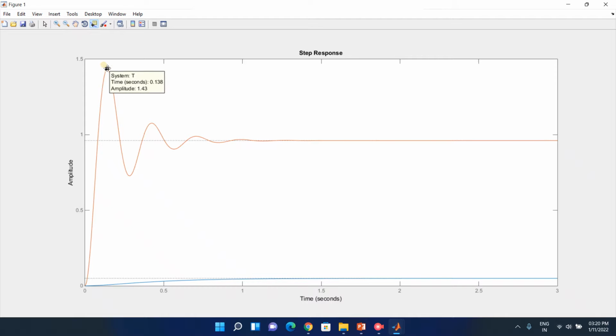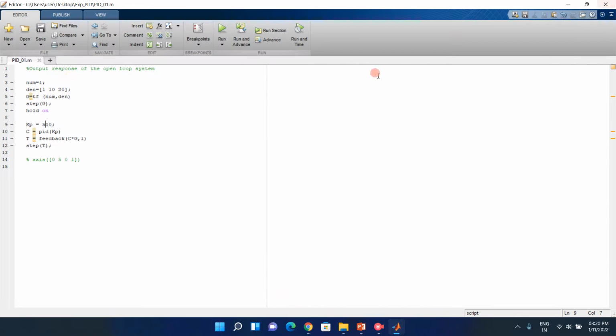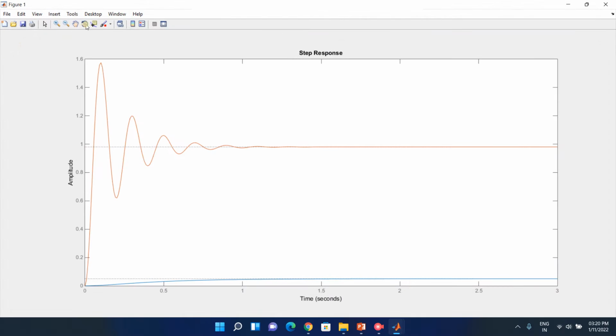ऑसिलेशन इंक्रीज कर रहा है, लेकिन पीक टाइम जो है वो कम हो गया, ठीक है, 0.138। अगर इसको 1000 लेते हैं तो और भी कम होगा, 0.101। बट डिसएडवांटेज ये है कि ज़्यादा अगर मैग्नीट्यूड लेंगे तो क्या देखा था कि एरर जल्दी जल्दी मिनिमाइज हो